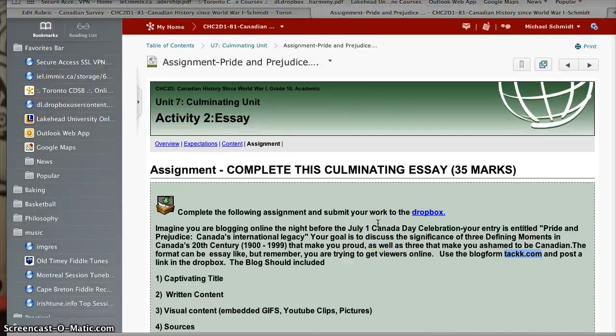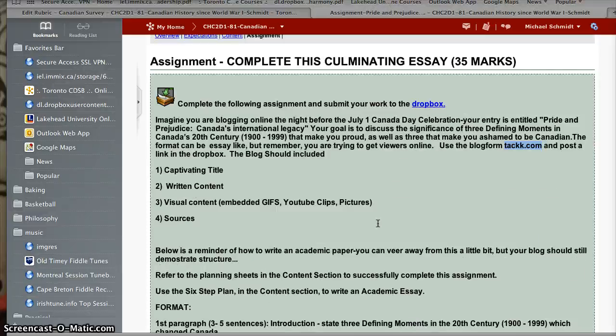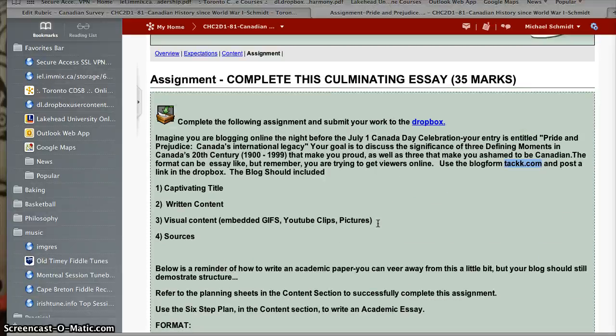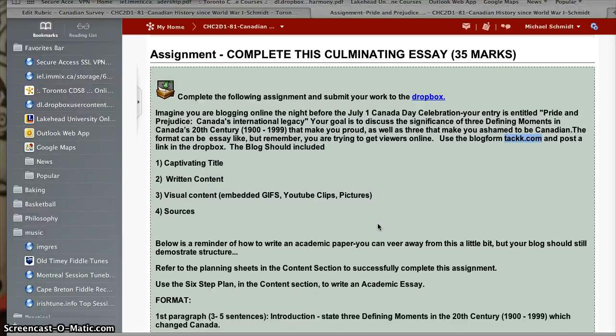If you're really worried about it, I know it's worth a lot, but generally speaking, think about it. If the most effort you put into something is for 10 marks, and this is worth 35, then you should probably be putting a lot of effort into it. Yes. I would give myself 2.5 days of work for each of these, if possible. But maybe you don't need that much time.